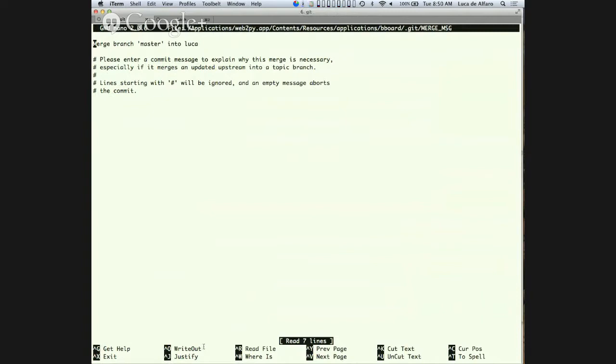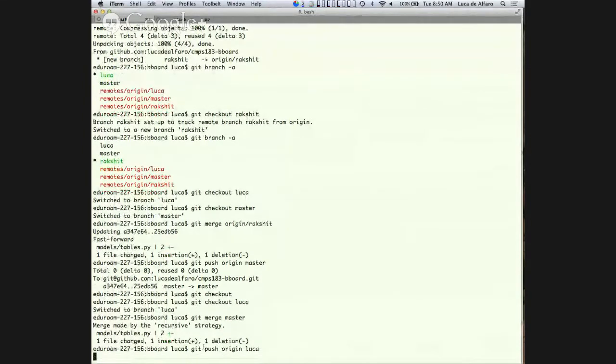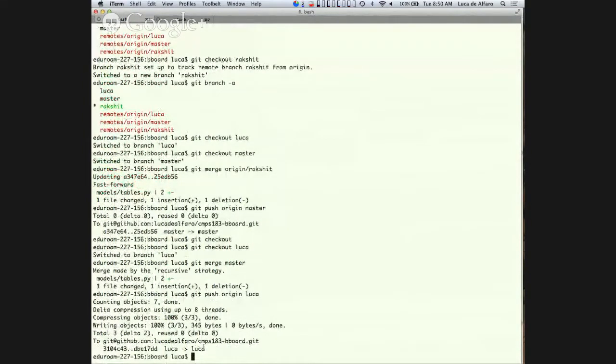Now this is a real merge because I'm merging two possibly incompatible changes, but actually we touched different files. So I need to write a commit message, okay? And then if I want, I can do git push origin Luca, even though this is not really necessary unless I want him to look at my code.